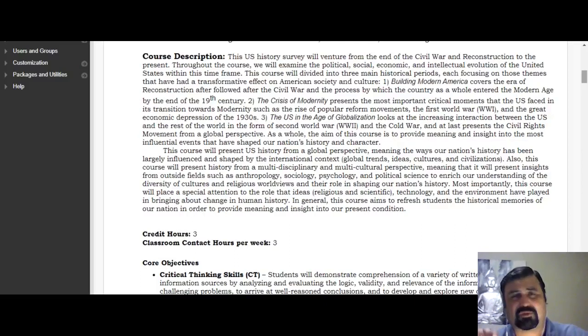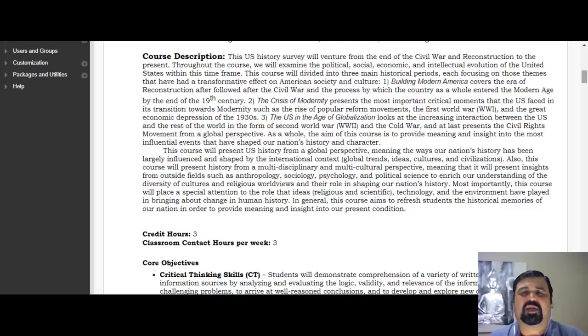We're going to be paying attention also to the lives of European immigrants. There will be an influx of European immigrants coming to the United States, Chinese immigrants as well. We're going to be paying attention to them. And of course, Native Americans. Native Americans are also part of the story in the United States as well. So again, there will be a very large component of social history, not just political history, but also social history,